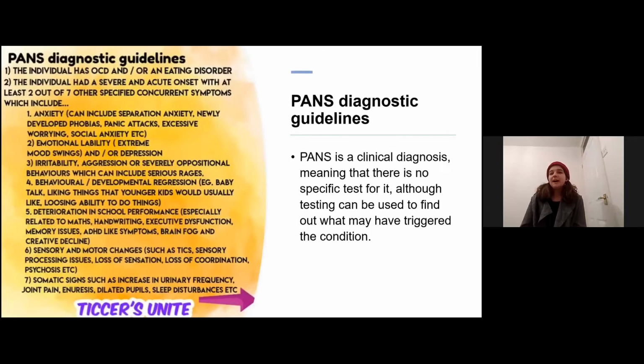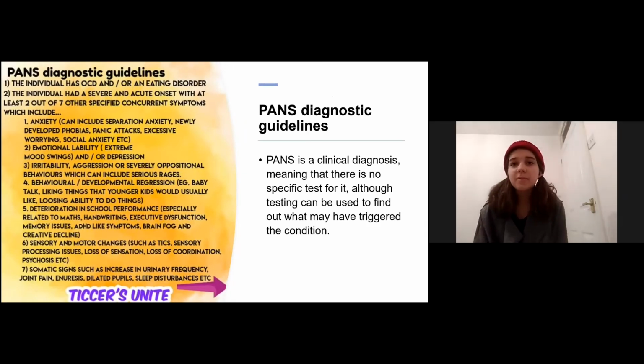So the PANS diagnostic guidelines. PANS is a clinical diagnosis, meaning that there's no specific test for it, but testing can be used to find out the infection that may have triggered it. So the guidelines: the individual has obsessive compulsive disorder and/or an eating disorder with a severe and acute onset, with at least 2 out of 7 other specified concurrent symptoms, which can include anxiety, especially separation anxiety,